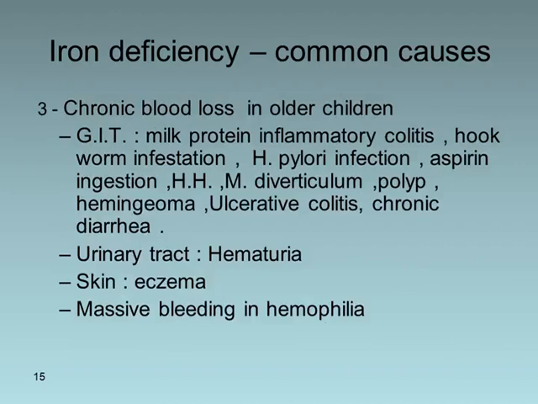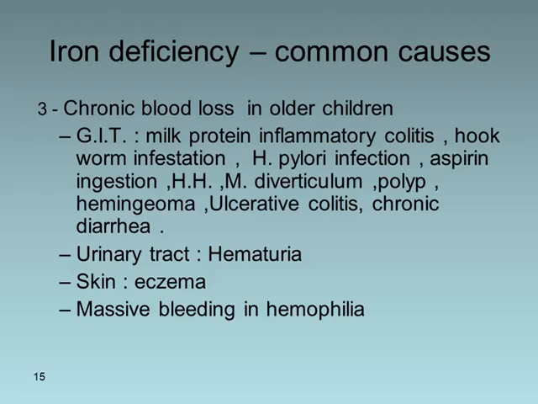The third cause is chronic blood loss, and this is usually seen in older children who are older than 2 years of age. The loss may be from the GI tract due to the following causes: milk protein inflammatory colitis, hookworm infestation, H. pylori infection, aspirin ingestion, presence of hiatus hernia, Meckel's diverticulum, polyps or hemangioma, presence of ulcerative colitis,